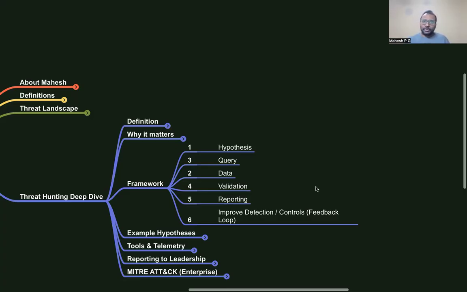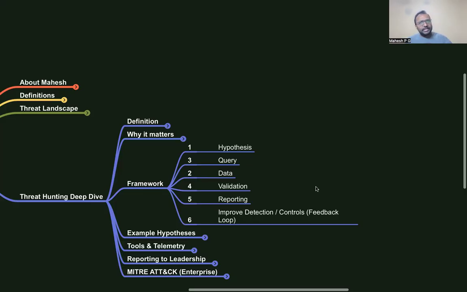Then we have to report. Reporting is very important. We have to report at the strategic level, tactical level, and operational level. At the strategic level, what is the risk, and what is the probability of impact to the organization. Then at the tactical level, what are the measures we need to adopt. Then at the operational level, this is what we need to do right now and in the future to prevent such types of attacks to the organization.